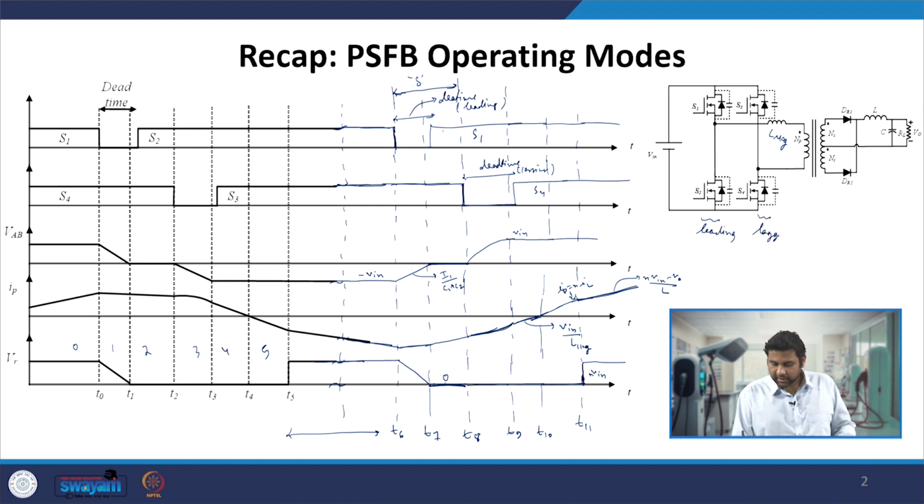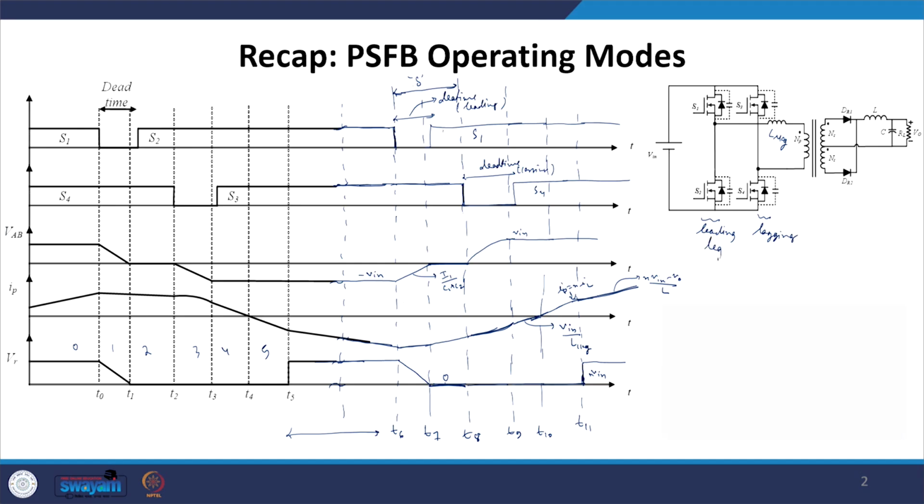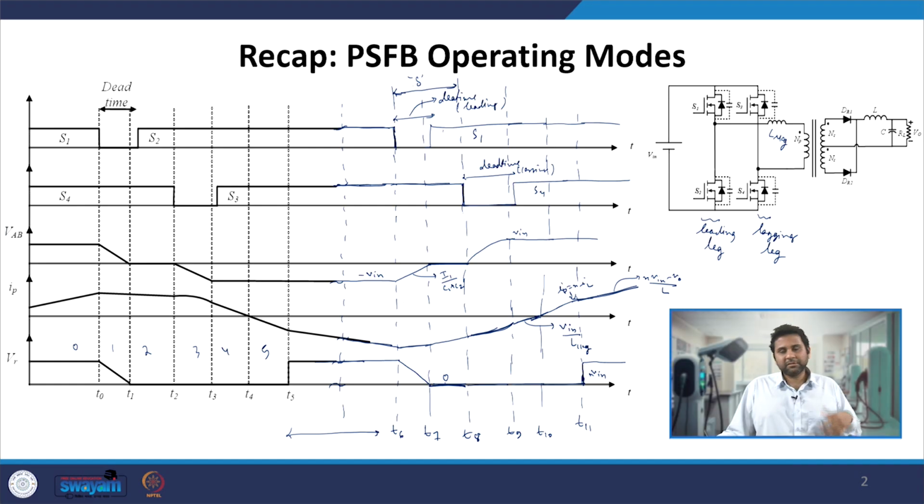We derived the different aspects related to them, such as the dead time requirements, which ensure that the body diode of the MOSFET gets turned on first, before the gate pulses are given to form the channel in the device. Because the diode turns on, the voltage across the device is 0, and that is when we achieve zero voltage switching during turn on.